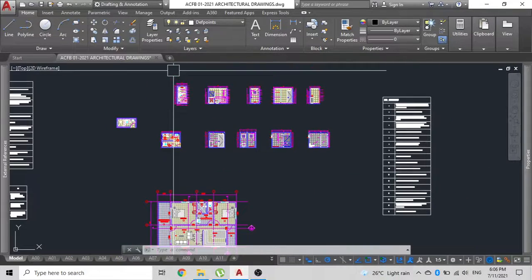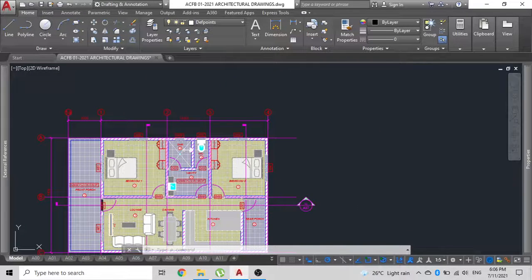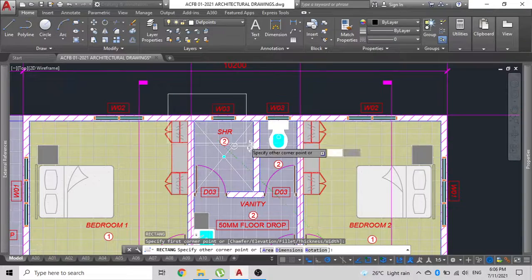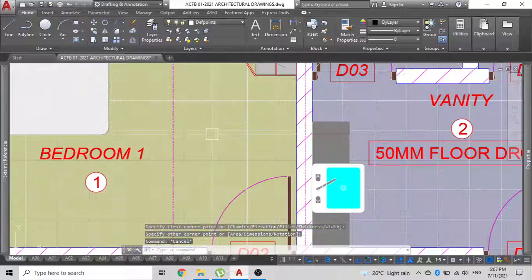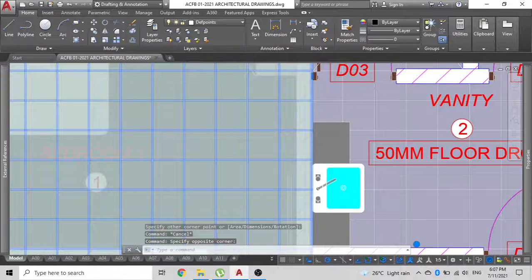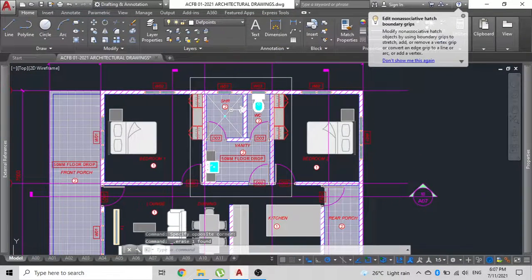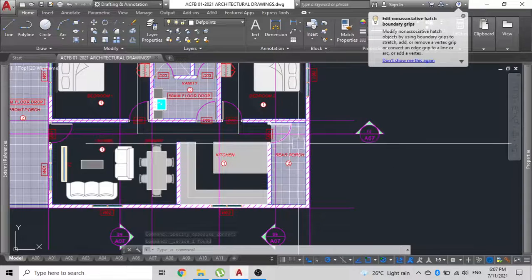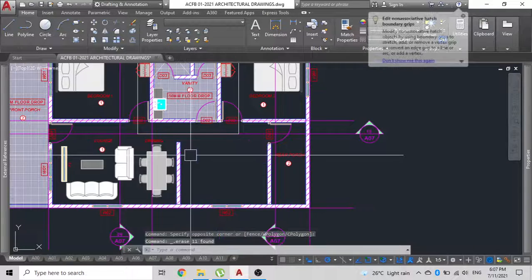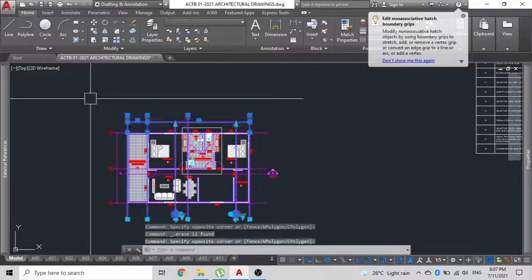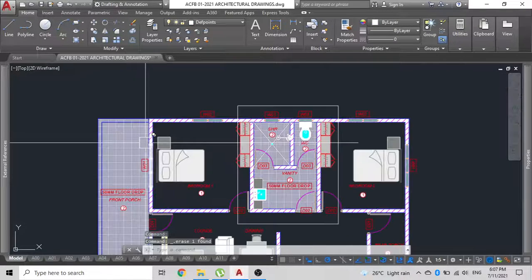How I usually get this floor plan is very simple. I take a rectangle, REC for rectangle, click on the two corners and delete everything that's outside of the rectangle. Don't worry, I'm not going to delete everything here, I'll just delete everything external to the rectangle. I also remove all my hatches so that it's a little less confusing to work with. And I take out all the other unnecessary things such as my section markers and grids. These will not be required to be shown.